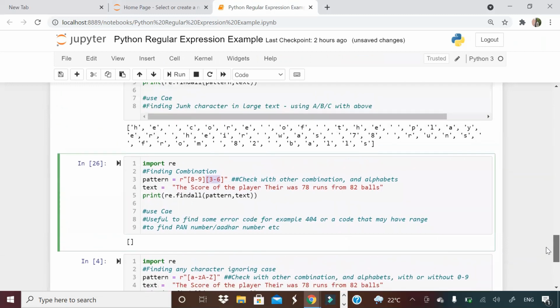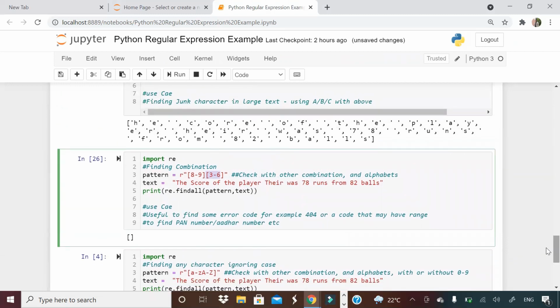Suppose I give you income tax data of India, or income tax data of USA, and I want you to find the PAN number. PAN number always starts with a capital letter, right? So you will say anything between A to Z, then maybe another A to Z, then a number, and the number range should be, let's say, 5 to 9. I'm just giving a hypothetical example here. This way we can define the entire PAN number, and we can pick out the PAN numbers if we know the business rules.